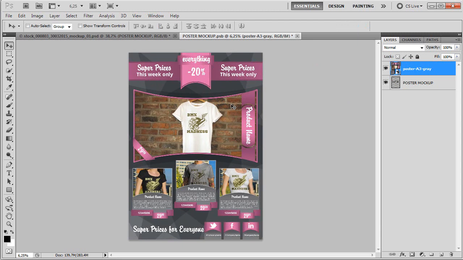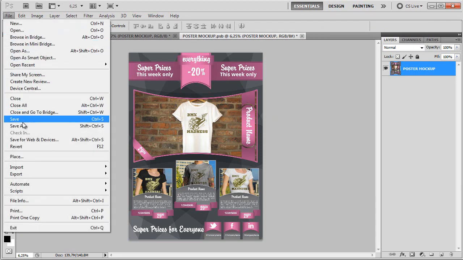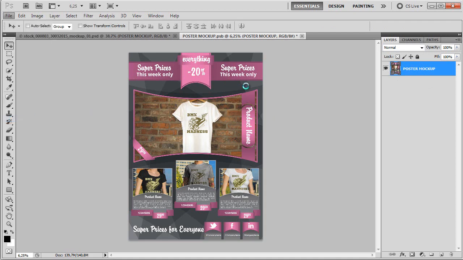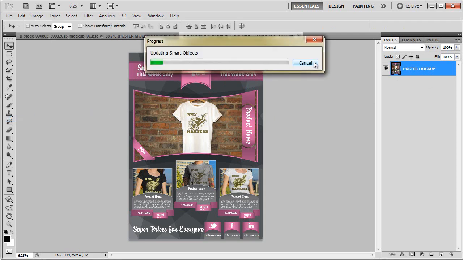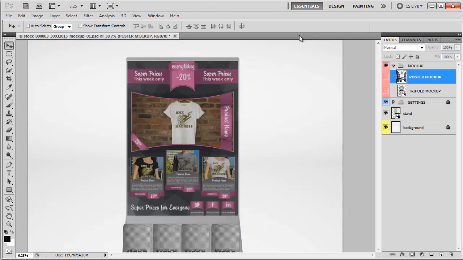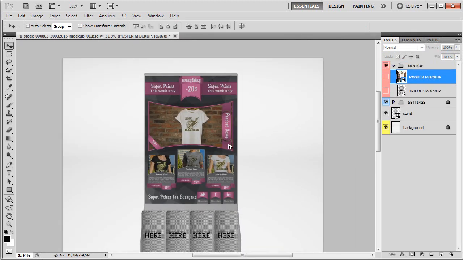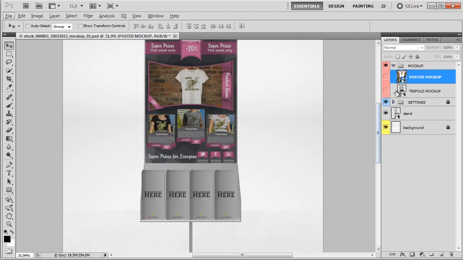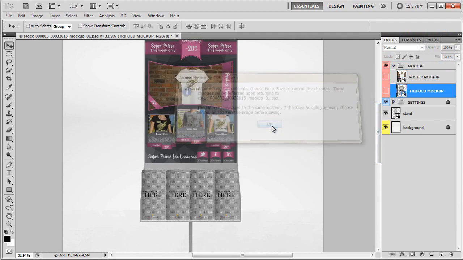Once you have it set the way you want it, you can either merge these two layers by simply pressing Ctrl-E on your keyboard. Once you have everything merged and set up, all you have to do is save it. Don't go to Save As, you have to save it. It will take a few seconds to save the smart object, depending on the speed of your computer. Okay, so we have the poster set up, and all we have to do is now just change the